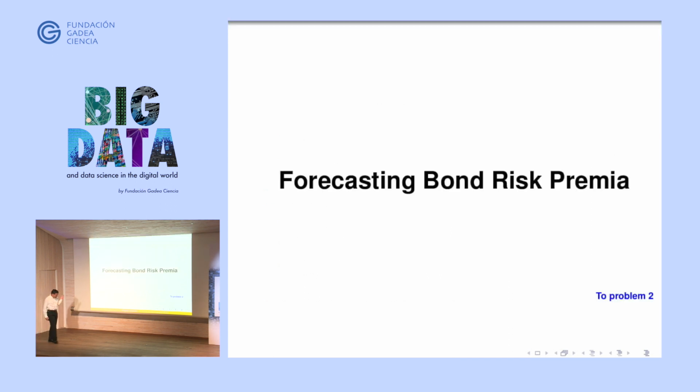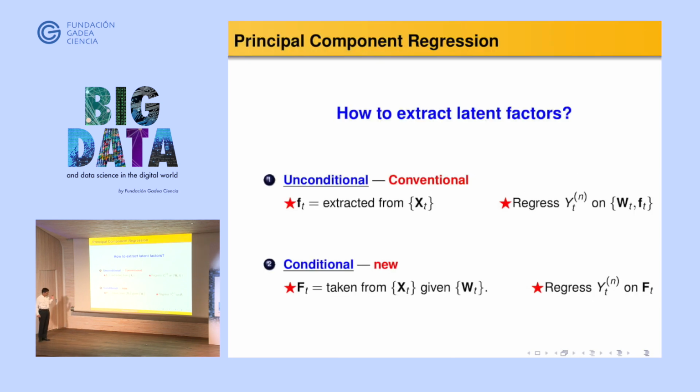So now if I apply this technique to forecasting bond risk premia, what's going to happen, right? Again, here are a few methods you can use. You can extract latent factors. One is conventional, which means that from 131 disaggregate macroeconomic time series, I create latent factors at the aggregator level. Let's say I create 5, and these 5 plus the original 8 give me 13 variables. So I am going to regress my bond risk premia on these 13 variables.